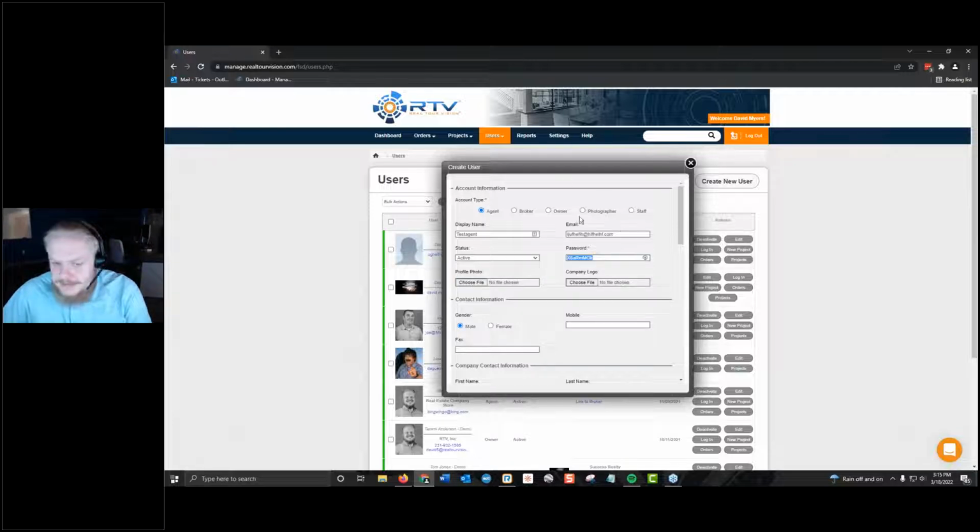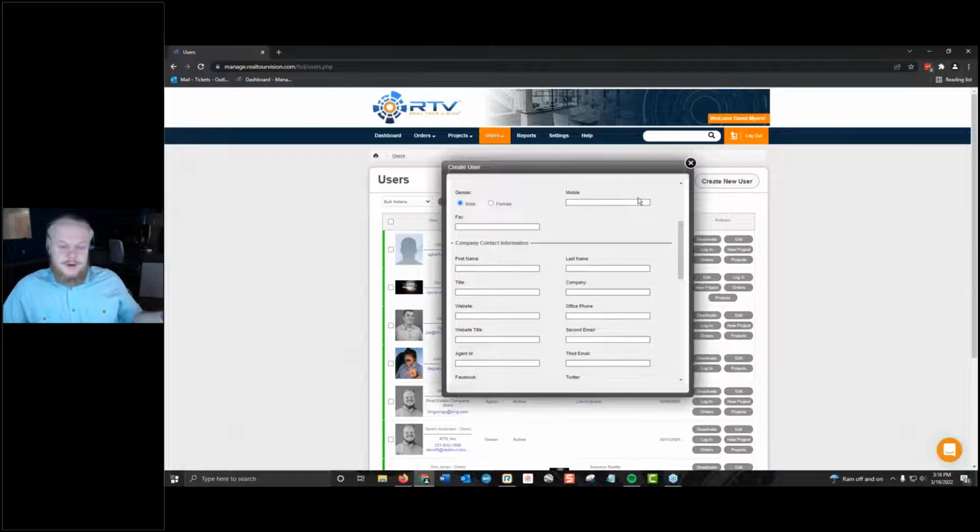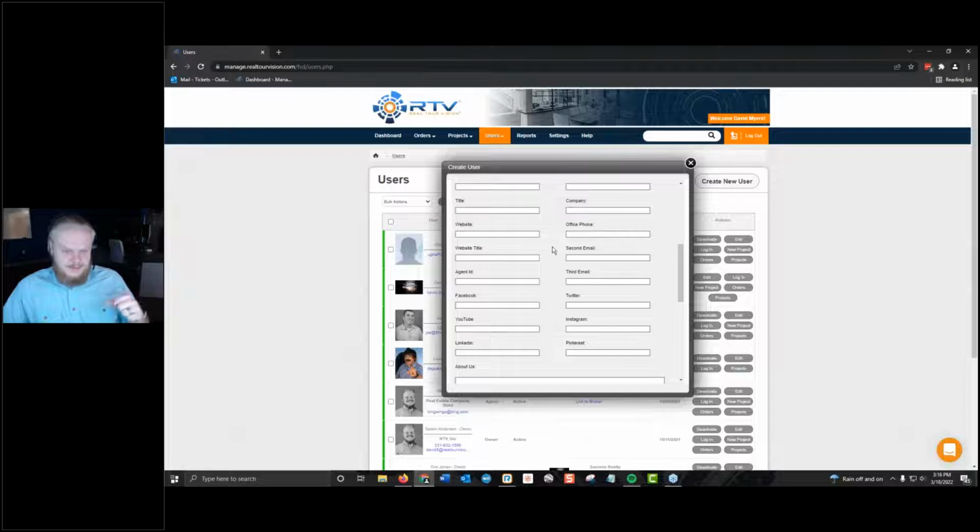It generates an auto password for them, which of course you can change, they can change. It gives you a spot to upload a profile photo and a company logo for them. So you could do that right through there. The profile photo would appear on tours that are branded, as well as the company logo, if you so choose to have that happen. So you can put in their contact information,